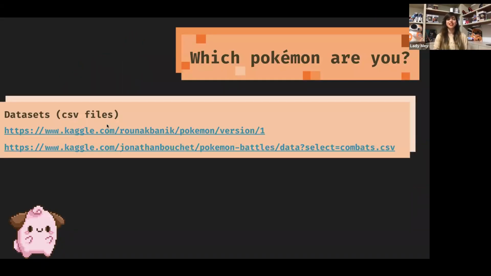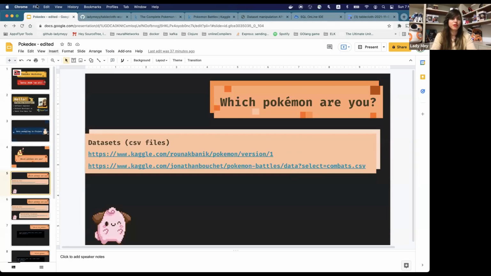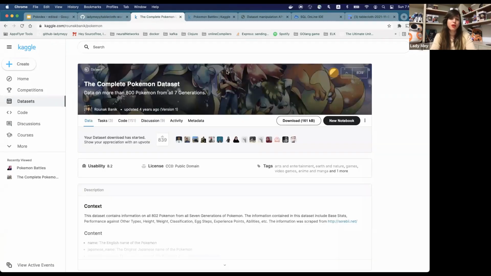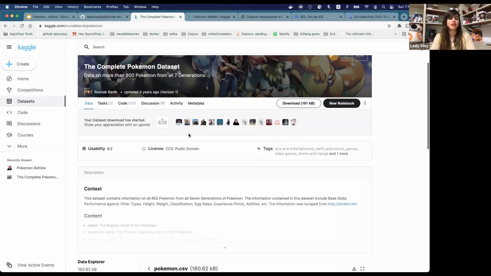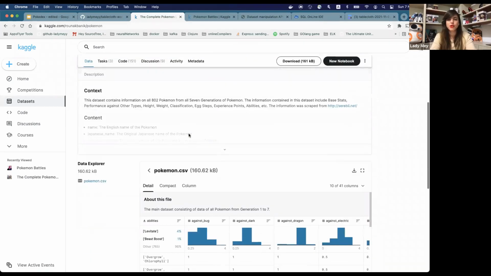Which brings me to the next thing. That's the dataset that we're going to use. We're going to use two Pokemon datasets. The first one is all Pokemon from all generations, and the other one is the Pokemon battles. So I'll step right out of the presentation for a second, and I'll show you. They're both taken from Kaggle, and you can see over here